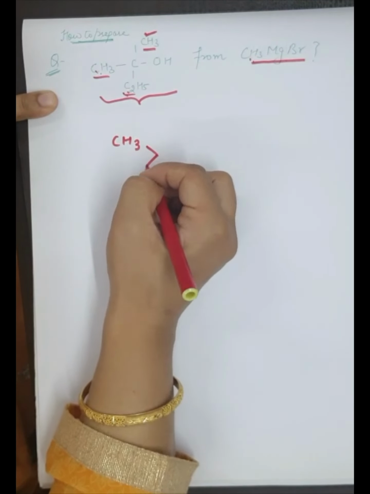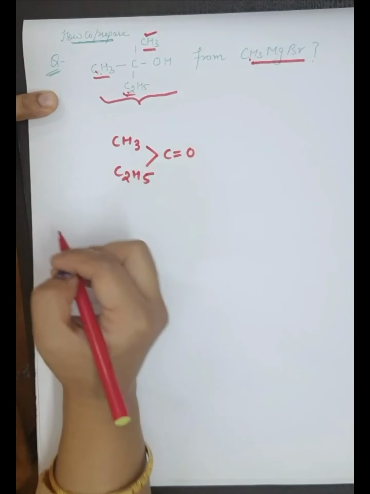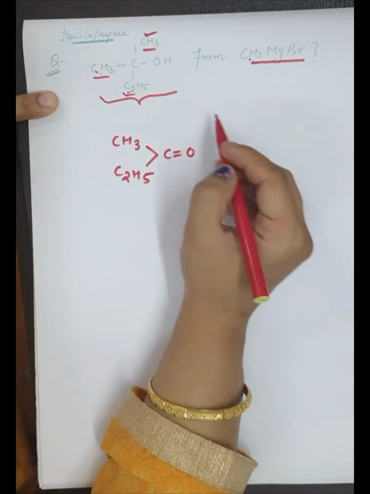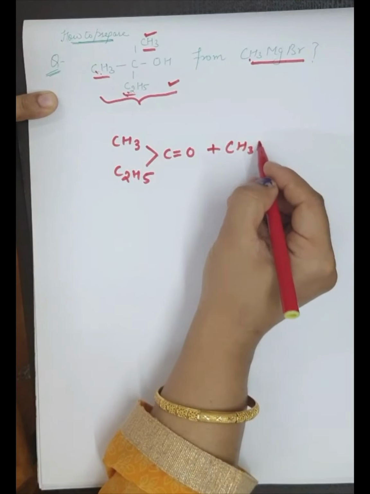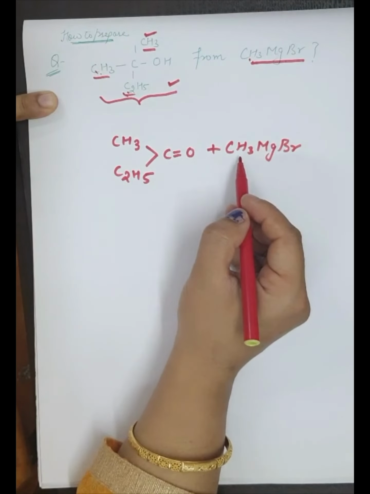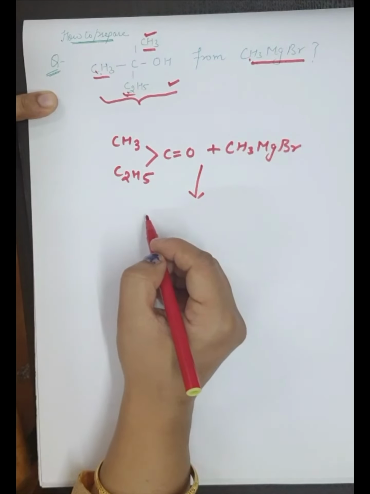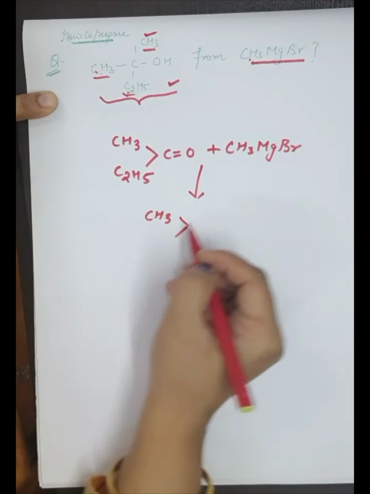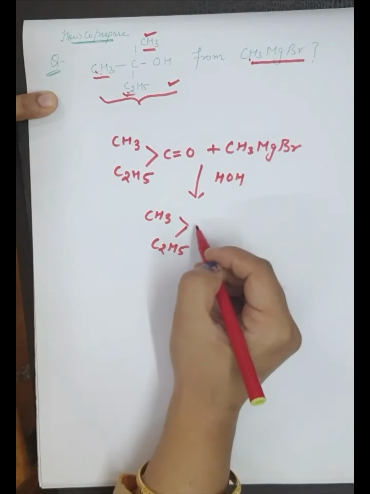So ketone C2H5COC2H5. If it is the structure of the ketone, then we will get this product when it reacts with CH3MgBr. They react and will form CH3 followed by hydrolysis. They will form C2H5